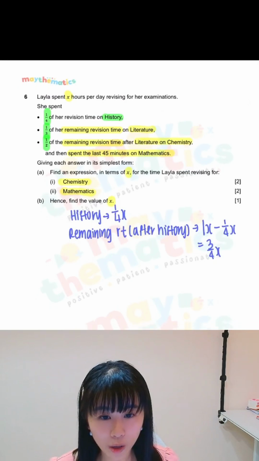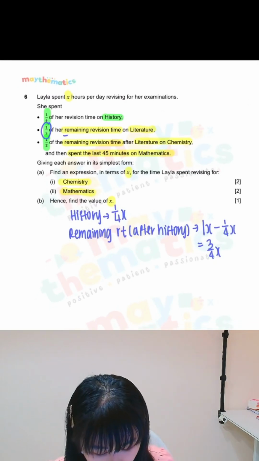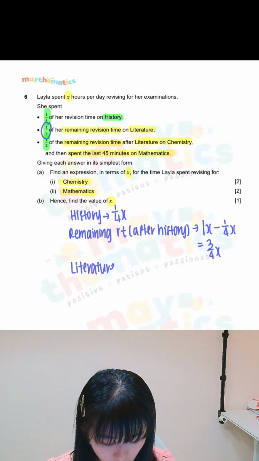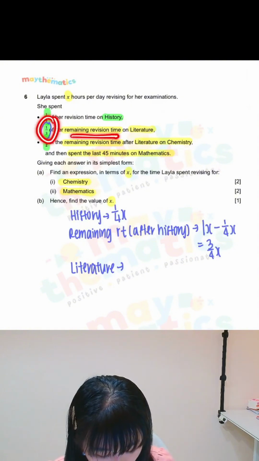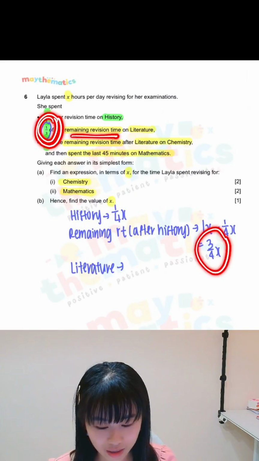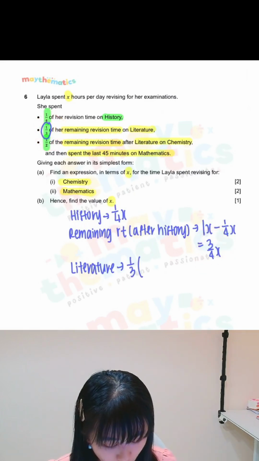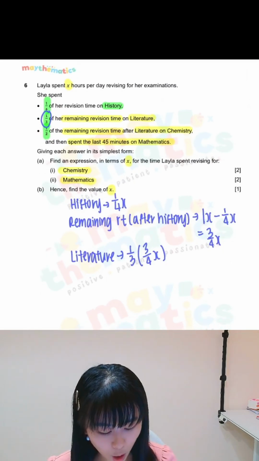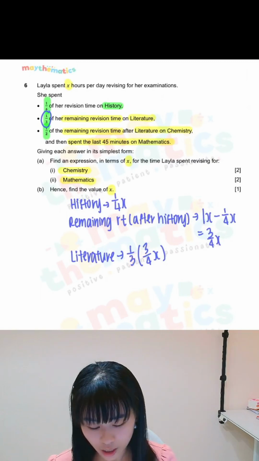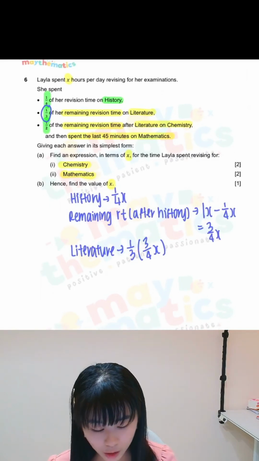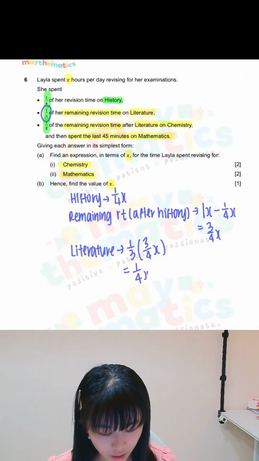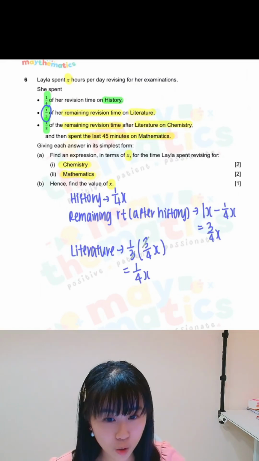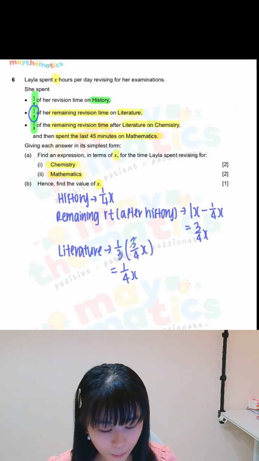Out of this 3/4 x, you spend 1/3 of this time on literature. So for literature, 1/3 of the remaining time is 1/3 of the 3/4 x. Understand or not? 1/3 of your 3/4 x. So you must multiply together like this. The 3 can cancel away. Remember, the opposite numbers can cancel away. So the time spent on literature is 1/4 x. This and this can cancel. Once you find out literature is 1/4 x, remember, don't go to chemistry yet,